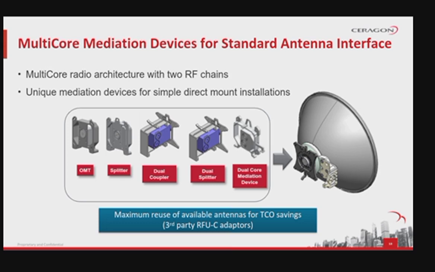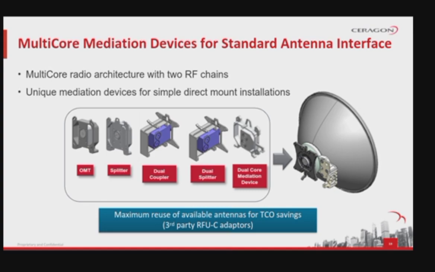The dual splitter mediation device, used to aggregate the 4 carriers of 2 IP20C units over 2 ports. The signal attenuation from each IP20C unit is equal, symmetrical. And finally the dual-core mediation device, used for 1+0 with space diversity, 1+0 advanced frequency reuse, 2+2 MIMO and also